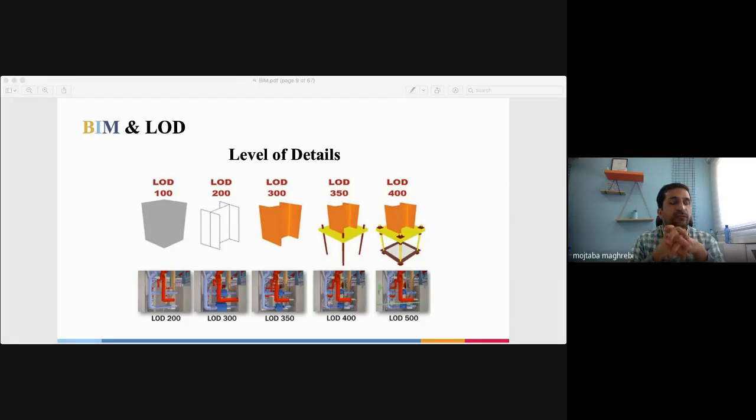For a few governmental projects in Iran, I believe by the end of this year it would be mandatory. And we have had mandatory BIM use in Singapore for maybe 10 years. It's not new. And it is a kind of strategy that governments pick.